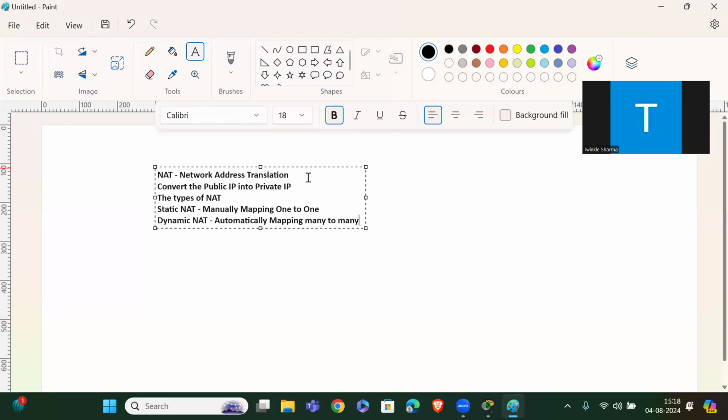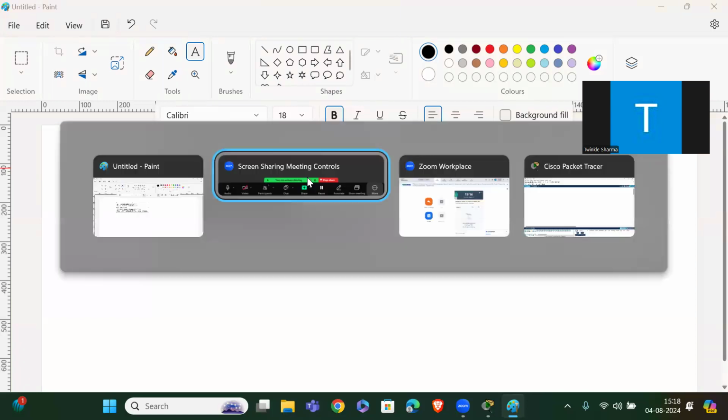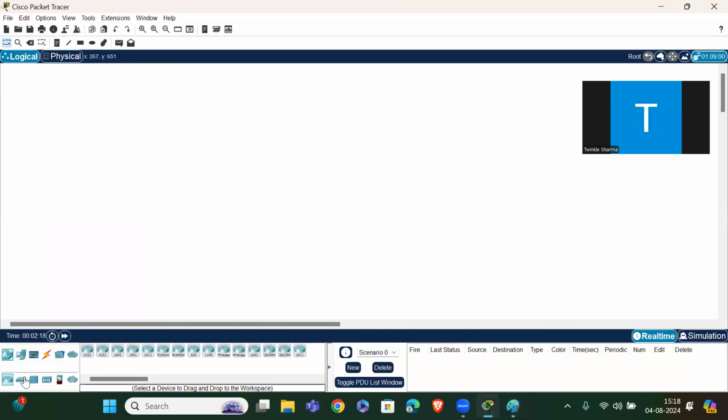Okay, so let's go for the practical. Just go to our Packet Tracer. Here I'm taking two routers. One is for our network and another is the ISP service provider. Now I'm taking one switch and preparing my local network by connecting some PCs to it.